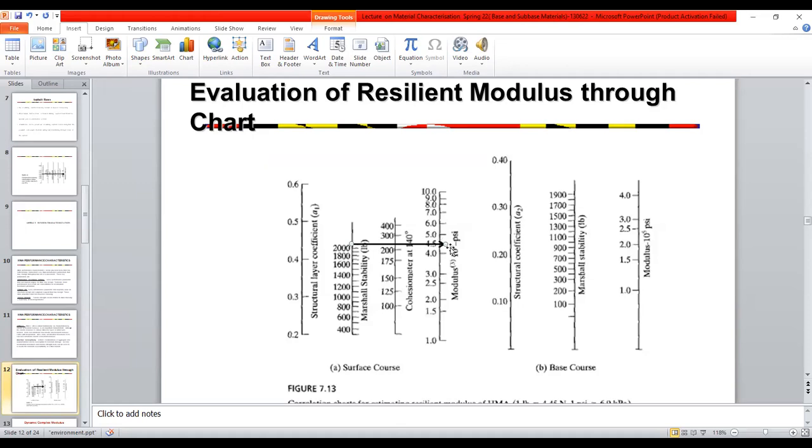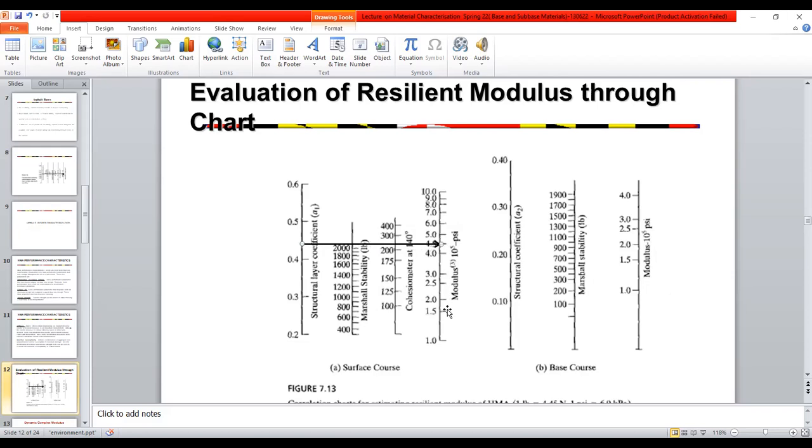And obviously, if we project this modulus, the layer coefficient will be around 0.44, that we always use in the design of our structural pavement in Pakistan.